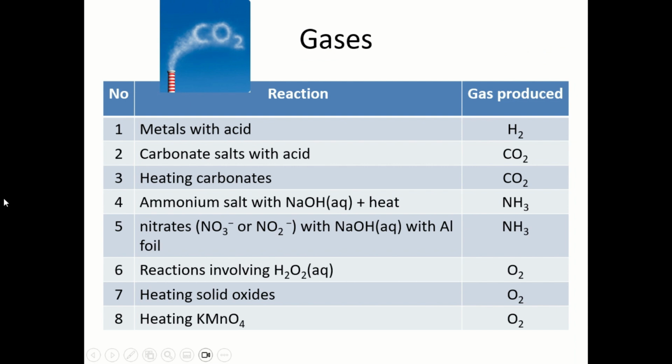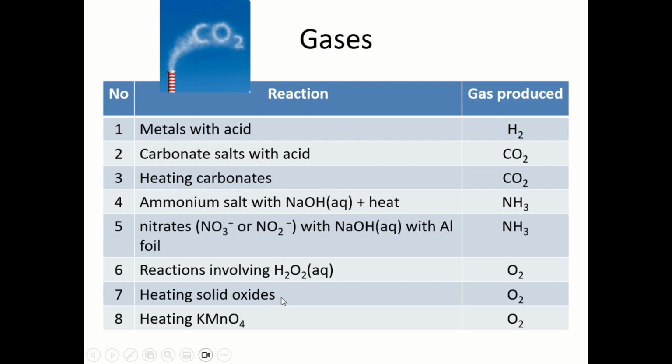So the fifth one will be nitrates. Okay, nitrates, if heated with sodium hydroxide and aluminium foil to form ammonia. Number 6, 7, and 8 will be production of oxygen. So what type of reactions can produce oxygen? Reactions involving hydrogen peroxide. So if hydrogen peroxide is given to you in the exam and it is used, and if the positive result is observed, oxygen will be produced as one of the products. So if you see bubbling, effervescence, so test the gas with a glowing splint, and the glowing splint will be